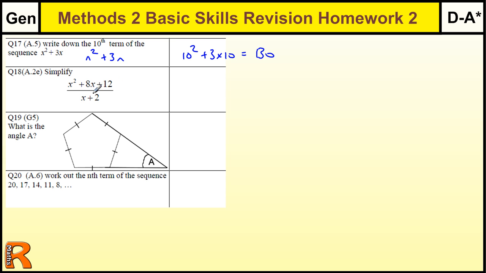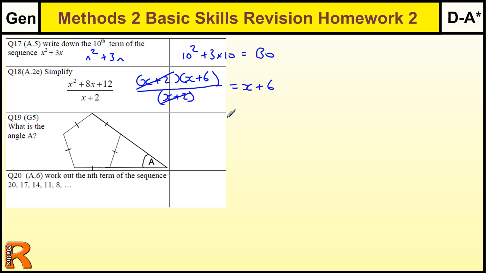Simplifying this expression, this quotient, we need to factorise the top. Been quite a lot of factorising on this sheet so far. We've already got x plus 2 on the bottom. That might be our hint, because if it's going to cancel down, there's got to be an x plus 2 on the top. It's quite an easy factorisation. What multiplies to give you 12? Well, 1 and 12, 2 and 6, 3 and 4. It's got to add to give us 8. So 2 and 6 are our two factors,